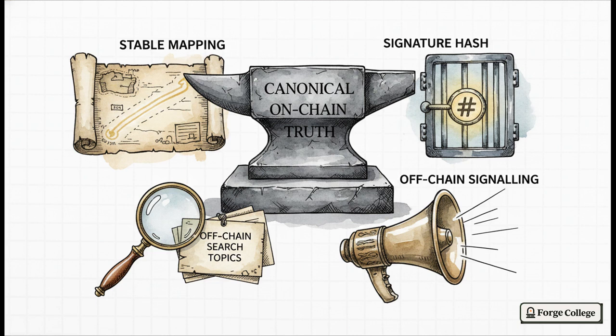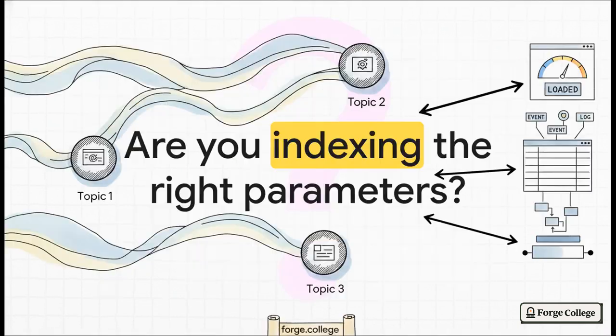And lastly, and maybe most importantly, never forget that events are an off-chain signaling mechanism. They are a megaphone for front-ends to listen to. They are absolutely not a database for other smart contracts to read. If another smart contract needs to verify a value, it has to be stored in a state variable, which is the canonical on-chain truth. So I want to leave you with this provocative thought as you go off and design